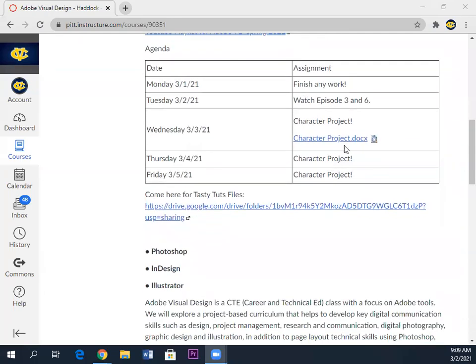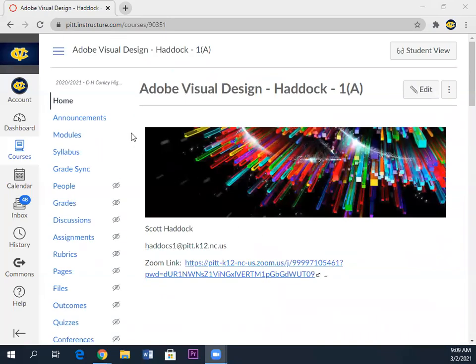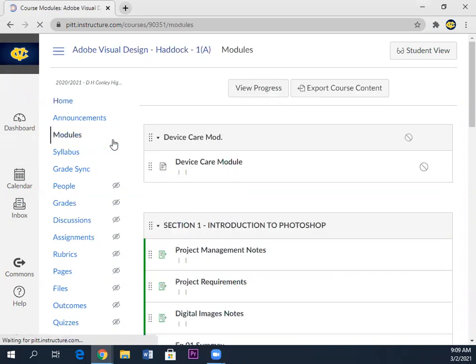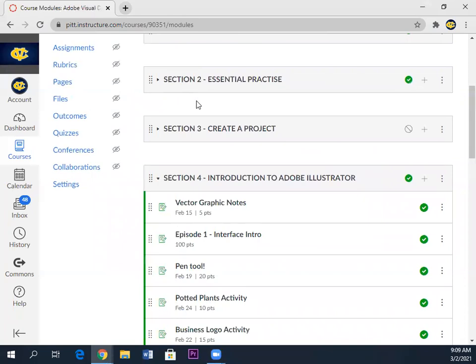And then tomorrow we're going to do the character project. And it's kind of fun. It's a little bit interesting. We're doing a bunch of just different things, and you're learning some different skills, basically. And that's the purpose of all of these projects is sometimes they go over some of the same things, but you're getting better at using the tools in Adobe Illustrator,